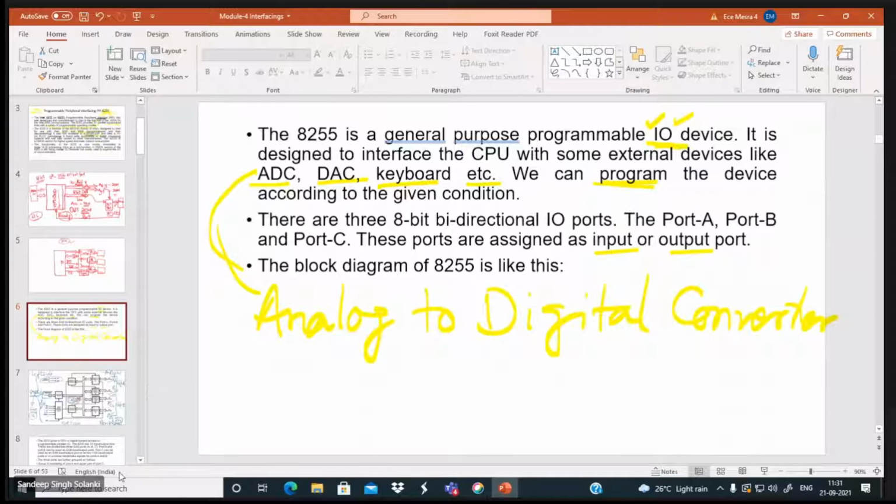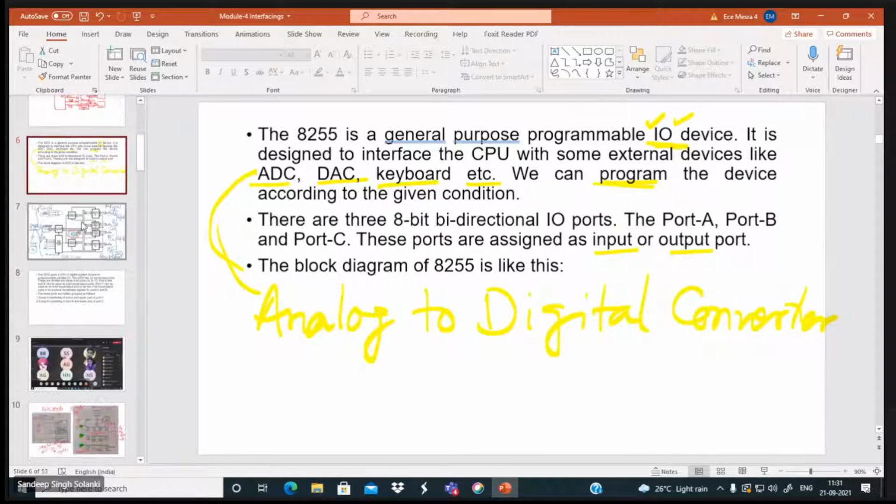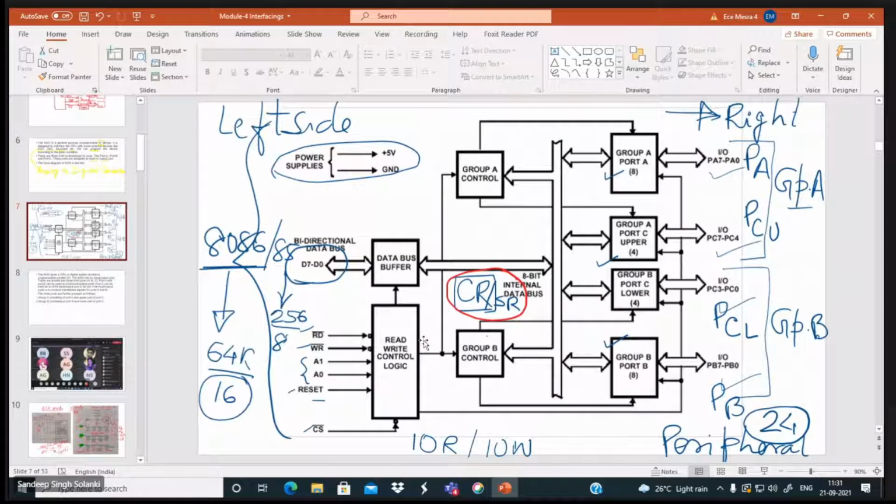Now I'm going into its architecture. See the architecture. I have written many things here, but let me tell you how to look at it. I have told you it has 40 pins, so first try to know all the 40 pins.